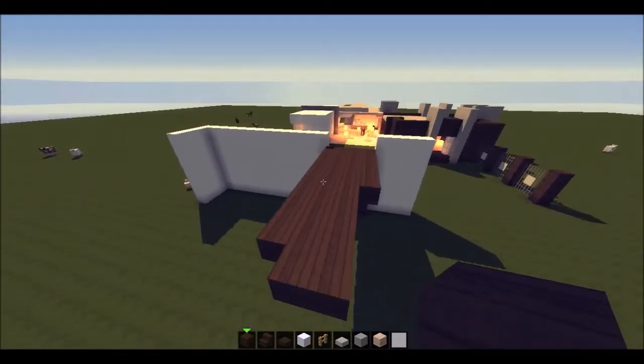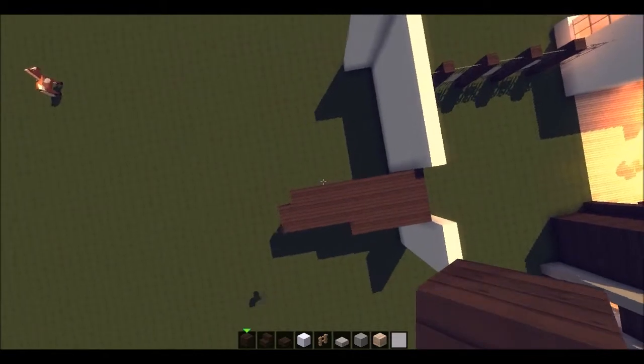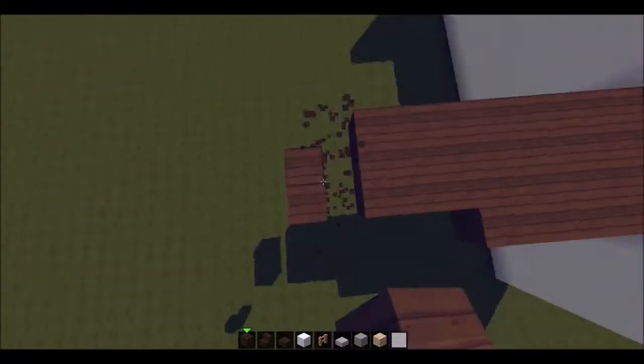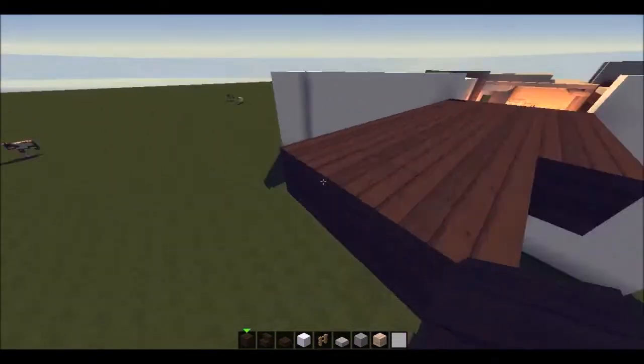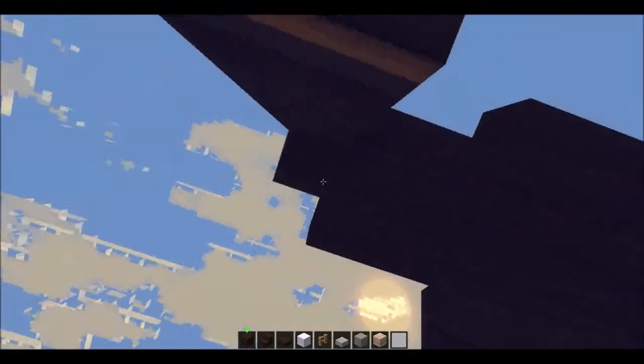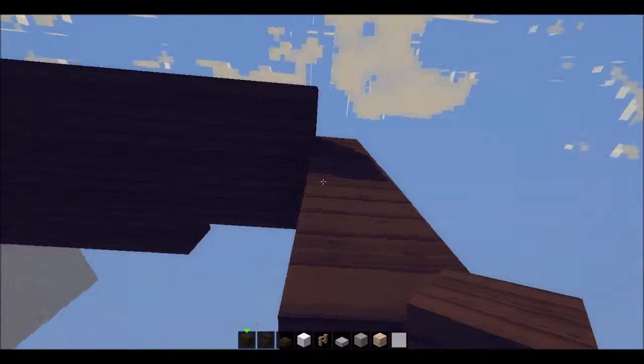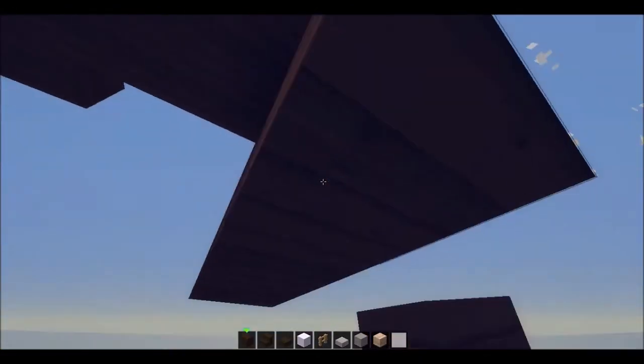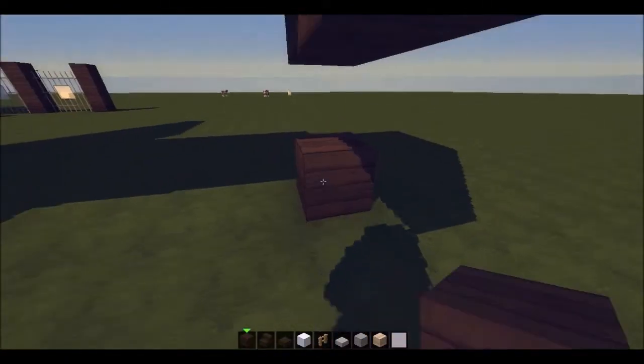I think I've gone too far, have I? Yeah, I think I need to back up just a couple blocks here. Actually, no, I want to keep those blocks right there. I'll start bringing it down there. Just like that. So yeah, this end of the house, I'm going to try to keep it slightly more minimal,